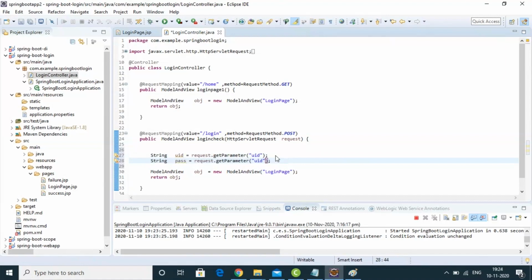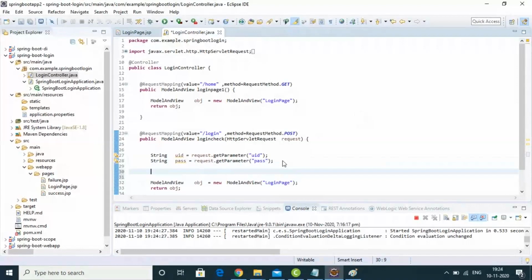Pass, get parameter, pass. Okay. Now, when you got user ID and password, what you want to do is use the login check method to check whether the user ID and password are true or not. So you can write here